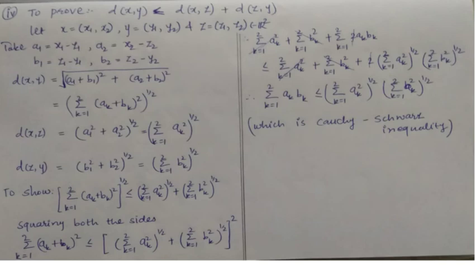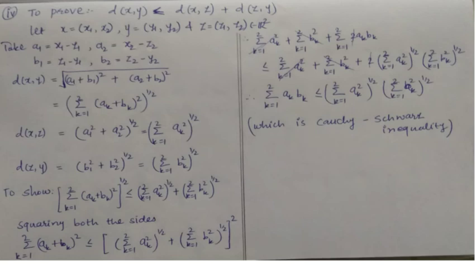again squaring this term, we get the square of the first term. So here is 1 half and this square gets cancelled, and we get summation over k equal to 1 to 2 of ak square, plus the second term, where the square root and square get cancelled, and we get summation over k equal to 1 to 2 of bk square, plus 2 times these two terms. So that is 2 times the first term into the second term.